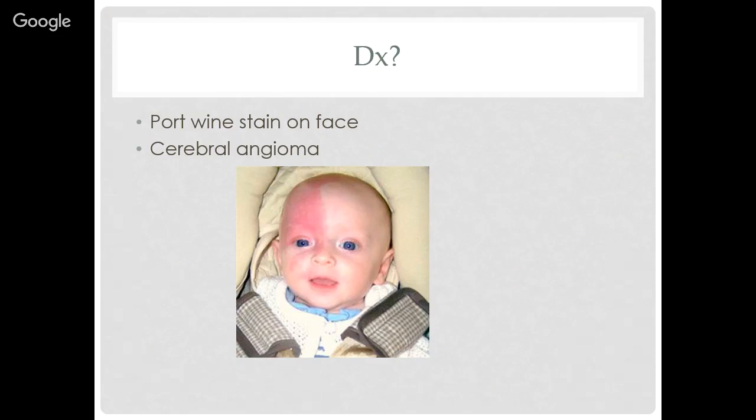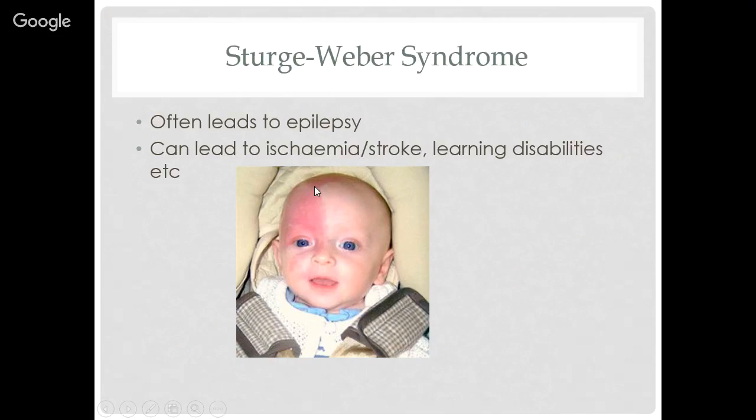Everyone happy that this is Sturge-Weber syndrome, port-wine stain, and cerebral angioma? So they have angiomas on the face, but they've also got things inside the brain. So it's a clue. This is called Sturge-Weber, and there are almost 90% rates of epilepsy in these kids because they've got lesions going into their brain, but it can lead to neurovascular complications, learning disabilities, and other problems